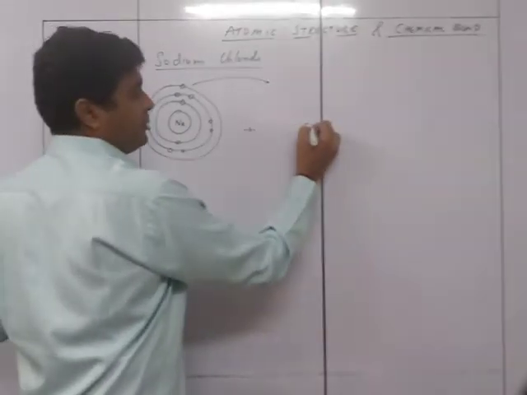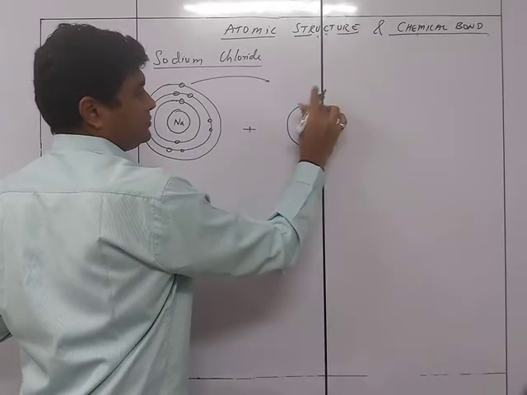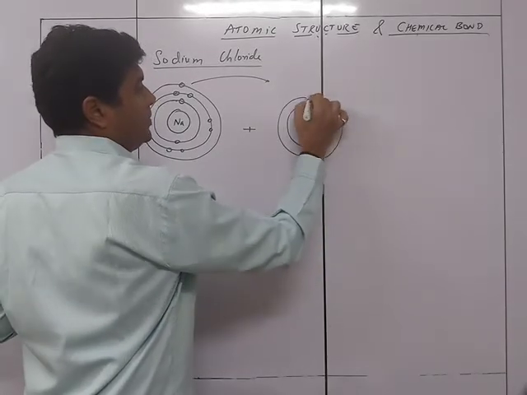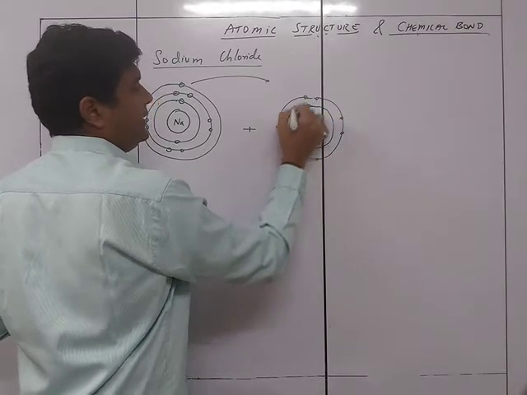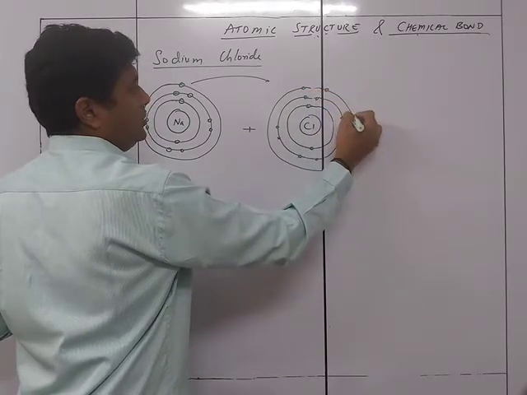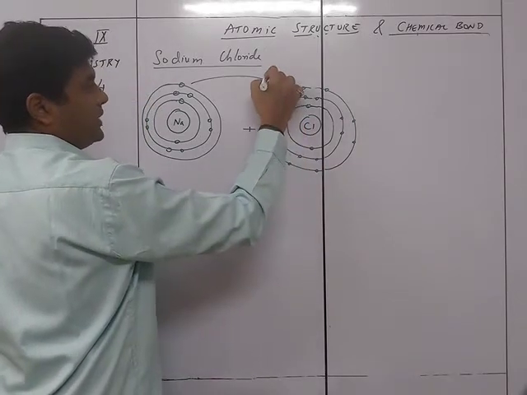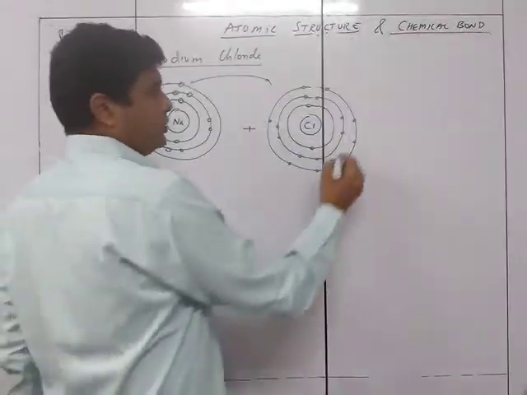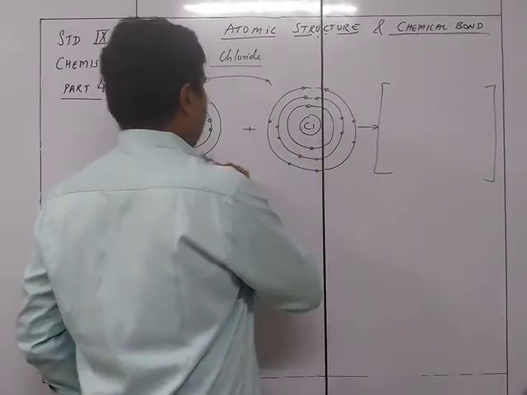So this is the Cl part. The Cl part will contain the electrons here, 1 and 2, and then the next part will be 8. So 1, 2, 3, 4, 5, 6, 7, 8, and the next part will have 7 electrons. So 1, 2, 3, 4, 5, 6, 7. So this is going to come over here to add up to this, and then you show an arrow and then a bracket, wherein you will take this 2 again.